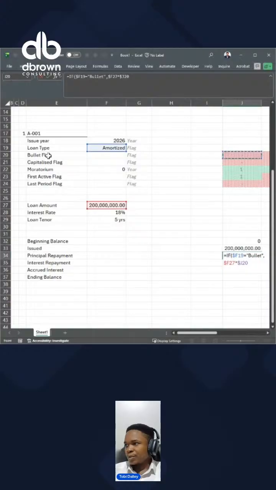Since this is a flag, we don't need to lock anything. Then if it is not, we use another if statement. The last period flag is equal to 1. If it is equal to 1, the beginning balance plus issued amount. If it is not equal to 1, then you take the loan amount,